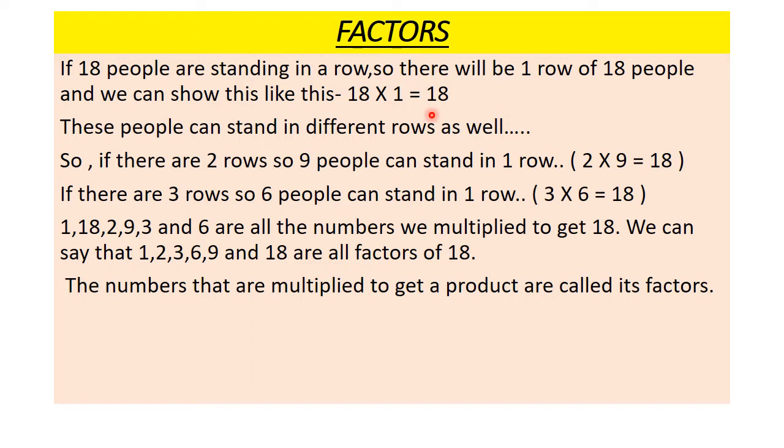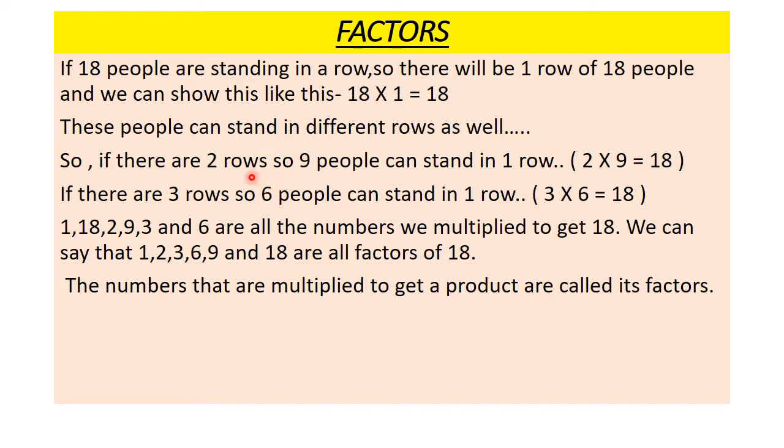If we ask those people to now make two rows, they have to divide themselves. Now when you have two rows, all the 18 people cannot stand in one row. We will have to divide them into two groups, because we are having two rows. So two different rows are there. For making two different rows, half of the people will go in one row, and the other half will go to the other row or group.